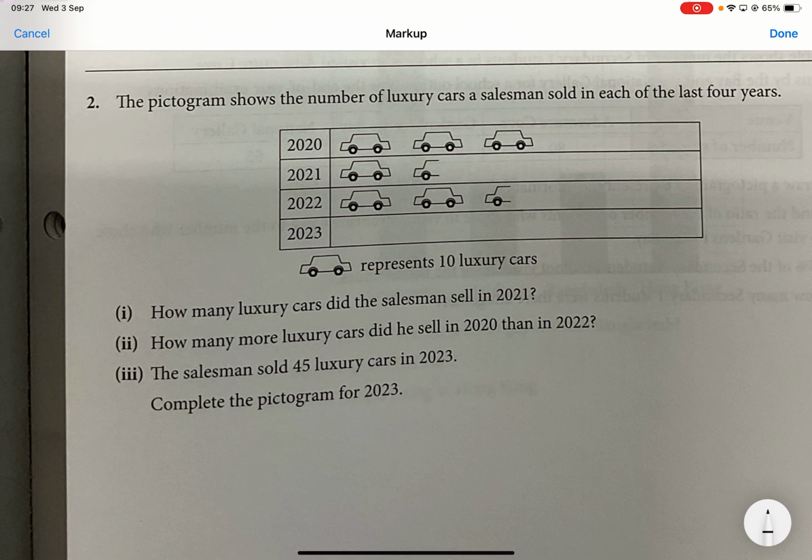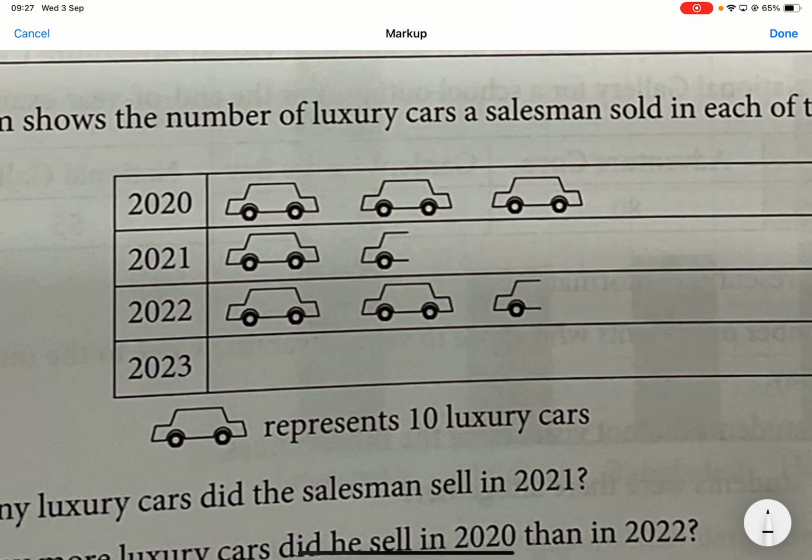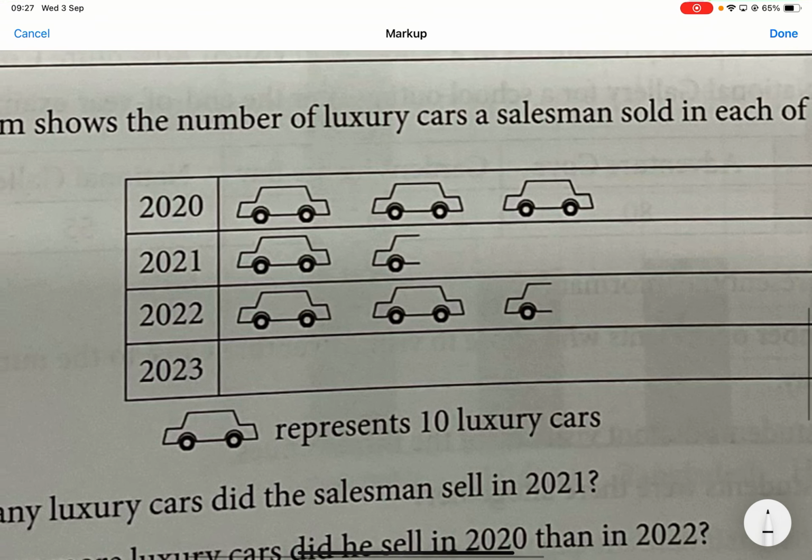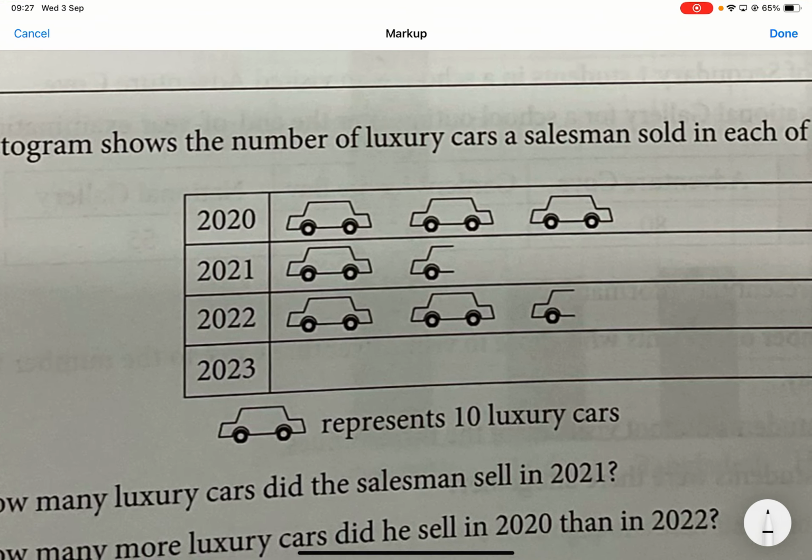Then this pictogram, each of these cars is 10 luxury cars, and then they are showing the number of luxury cars a salesman sold in each of the last 4 years. So you see by using a pictogram, actually they can save you a lot of words. What they are saying is that the salesman